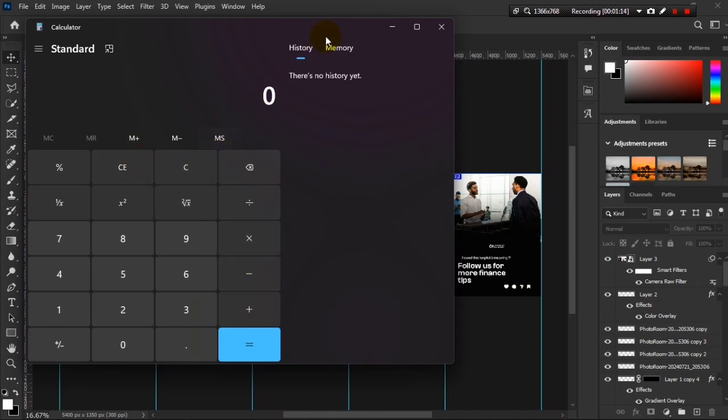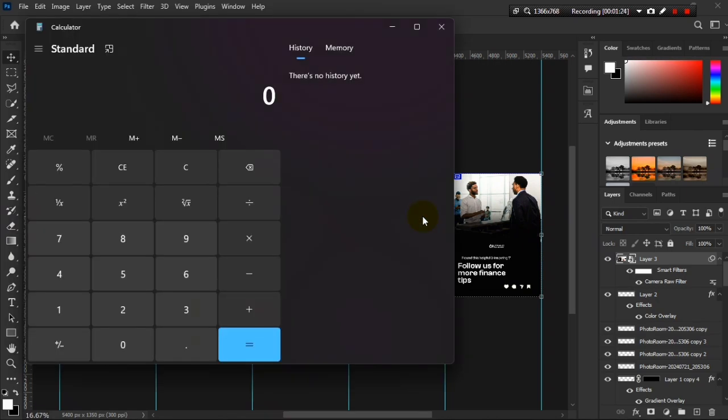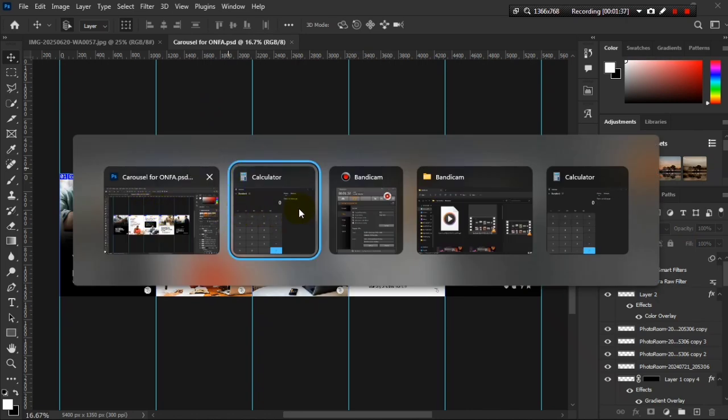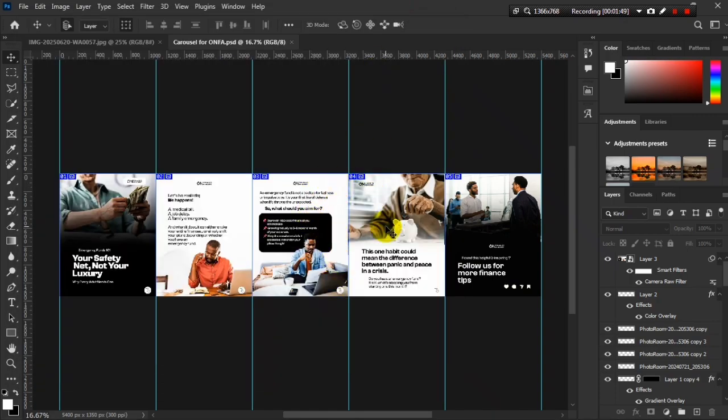If I'm creating a carousel of 5 slides or 10 slides, this one is 1, 2, 3, 4, 5. This is a 5 slide. If I'm creating that, I'm simply going to multiply my width. The width is from this side to this side. So I'm going to come over to my calculator. The width is 1080. I'm creating 5 slides, times 5, so I have 5400. Then my height is going to stay the same way, which is